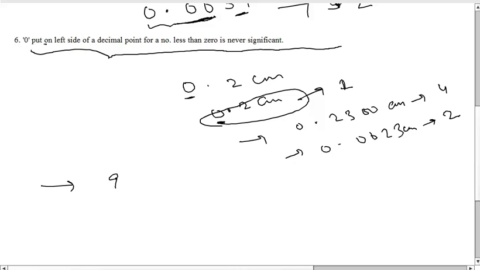For example, if I have 9.786, how do we round off this number? We know that if the last digit is greater than 5, then we increase the previous digit by 1. So this will be 9 point